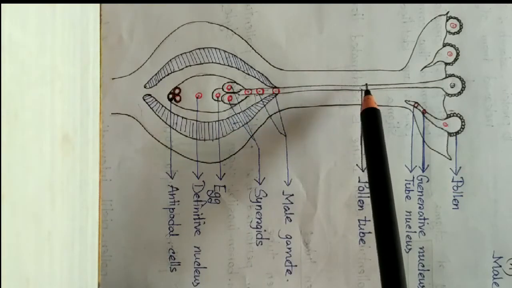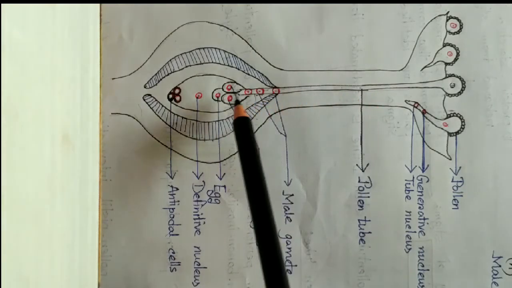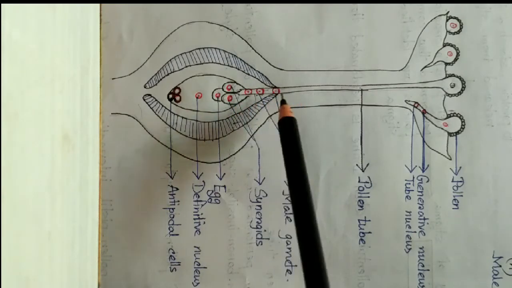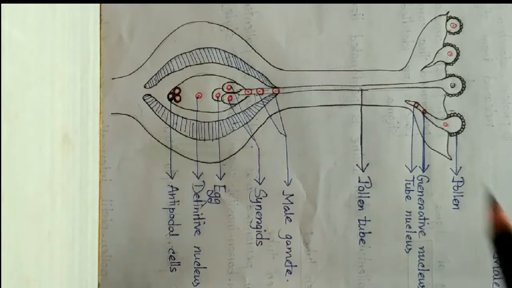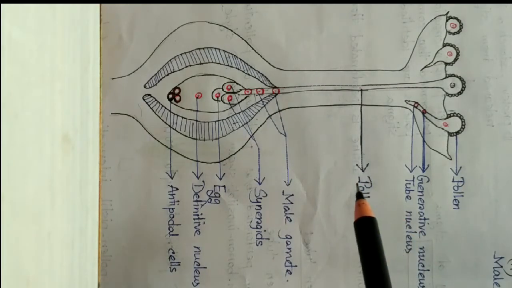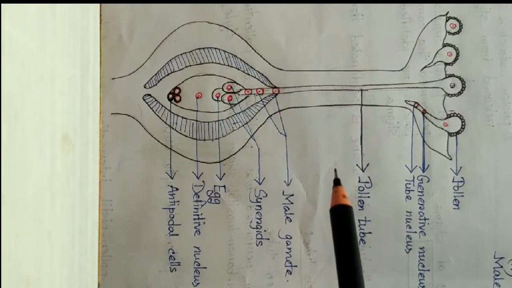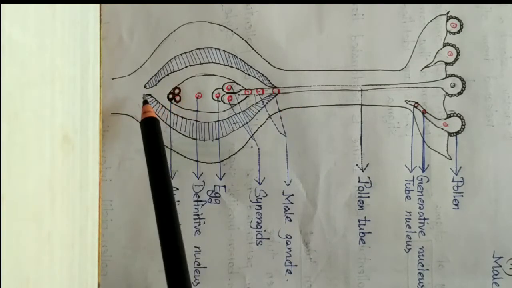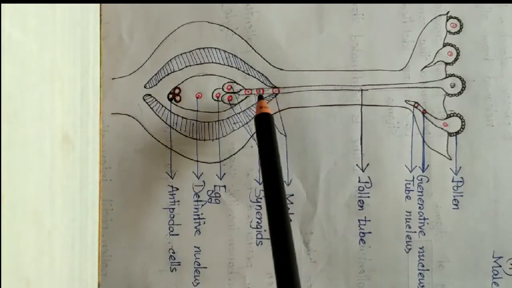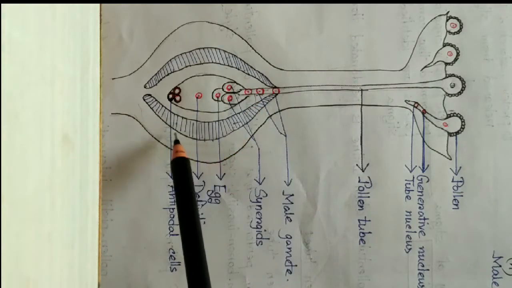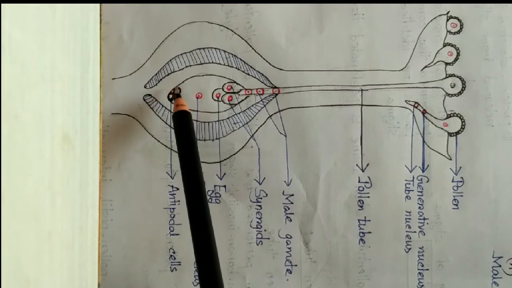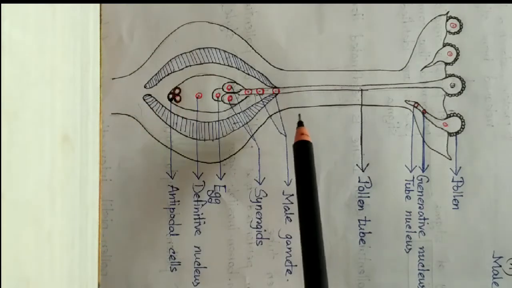If the elongated pollen tube enters through the micropyle, this portion is called the micropyle, then this is known as porogamy. If the elongated pollen tube enters through the chalaza, this portion is known as the chalaza, it comes through this pathway and goes this way, then it is known as chalazogamy.